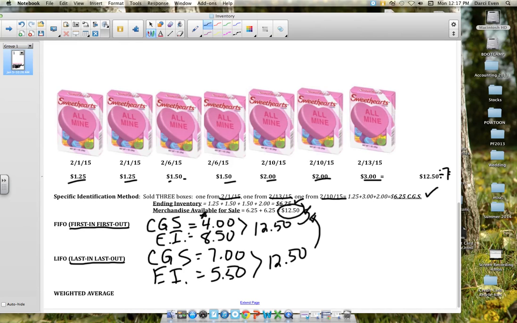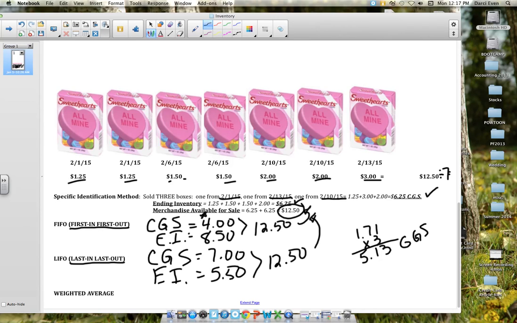So $12 divided by 7 boxes of the Sweethearts, they're $1.71 a piece. And we sold 3. So we take 1.71 times 3, and our cost of goods sold ends up being,